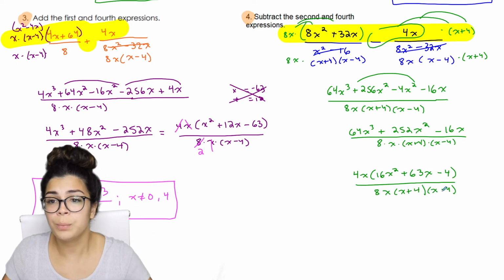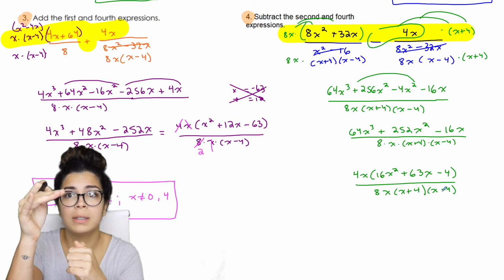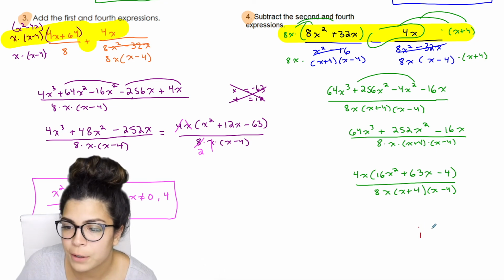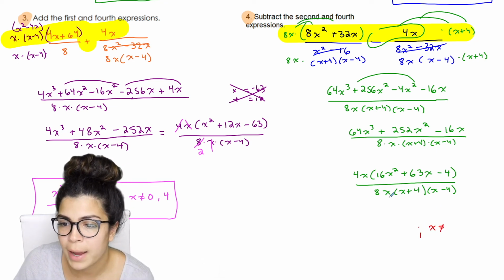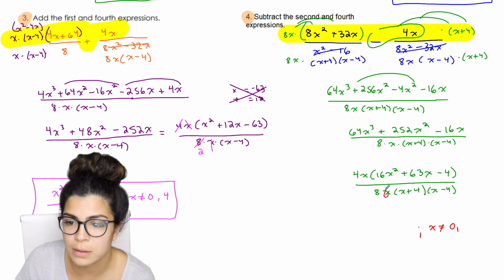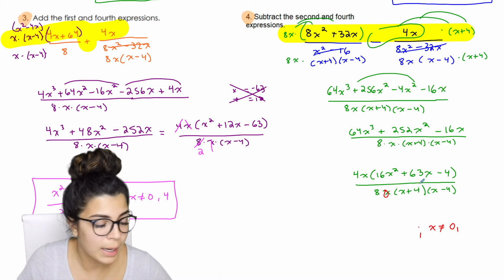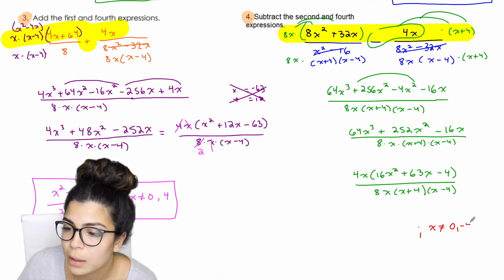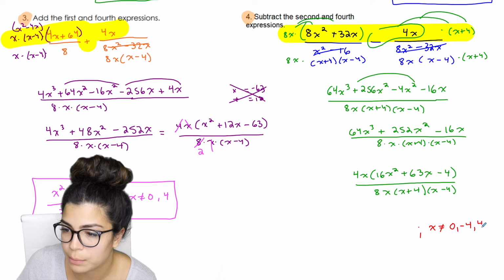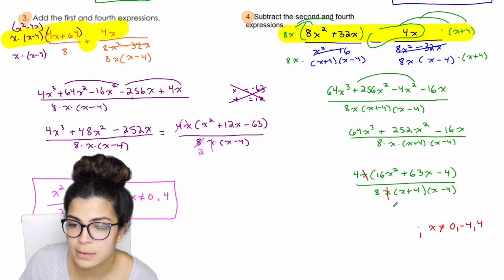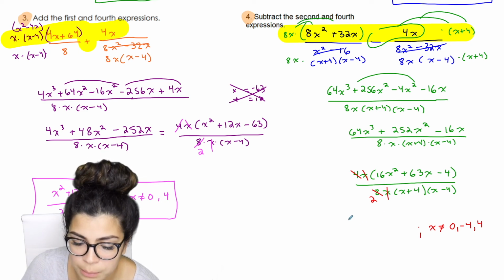Now that I've grouped the two fractions, factored the top and the bottom as much as possible, let's go with our final answer. First, what are the excluded values? X cannot be 0, because if this is 0, then 0 times all of this would be 0. And x cannot be negative 4, and x cannot be positive 4. Okay, canceling out now, x divided by x cancels. We can cancel out a factor of 4. 8 divided by 4 is 2. So in the numerator, we end up with,